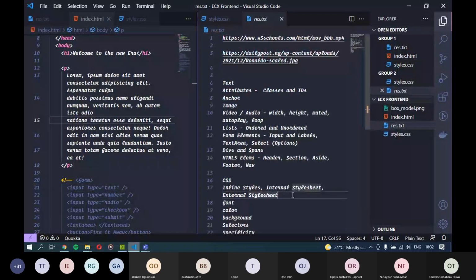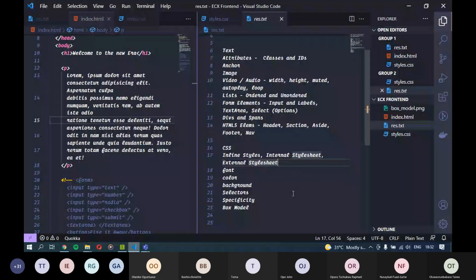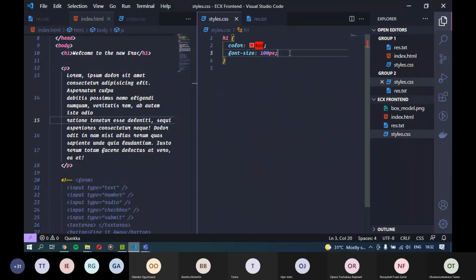So now, talking about styling, you might ask me, what are the things on the elements that we can style? To be very honest, there's no way I'll be able to cover every possible thing that you can style on your tags, because there are a whole lot. You have color, you have font size, you have font family.